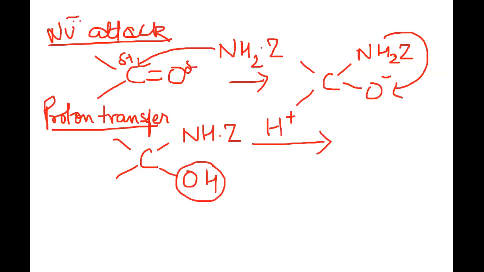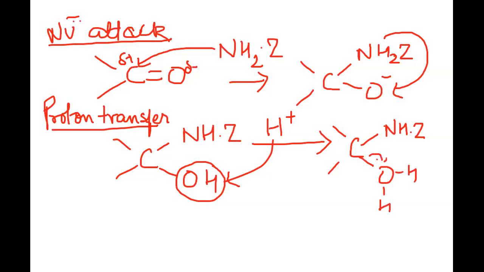So the protonation of this group will take place and it will result in the formation of a C, and you get an N, H, Z, and here it is going to be O, H, and then H, and this is supposed to come here so that the water molecule can be given out, and this is what is happening here. Now, in this case, when the water molecule is given out, the next step that happens is,